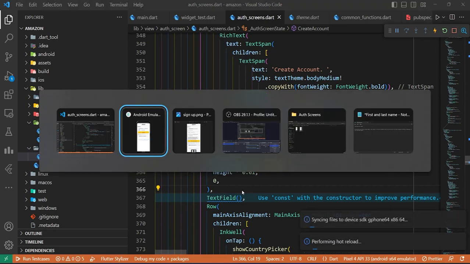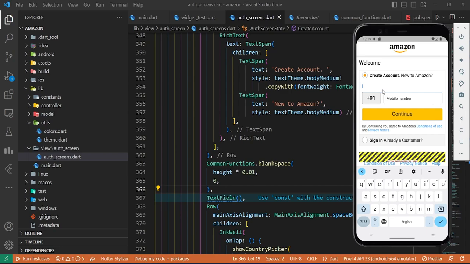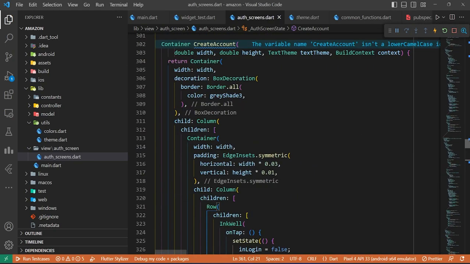Okay, if I save it, you can see that it is going to be an ugly looking text field. We don't want that. We want some kind of good design. And another thing, I think you have noticed that it is saying our screen is overflowed by some pixels. So to overcome this bug, we'll go to the top